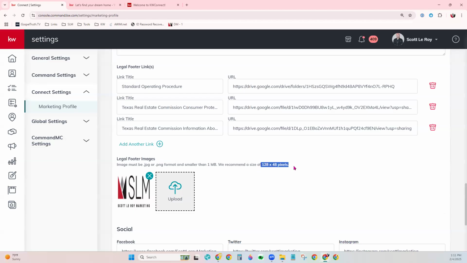Now, please know these are teeny, they're itty bitty. They will still show on your KW agent site though if you want to add them. This is usually great for like maybe you've gotten a seller representative specialist designation. I went blank for a second. Or maybe a buyer's agent representative or a buyer's representative